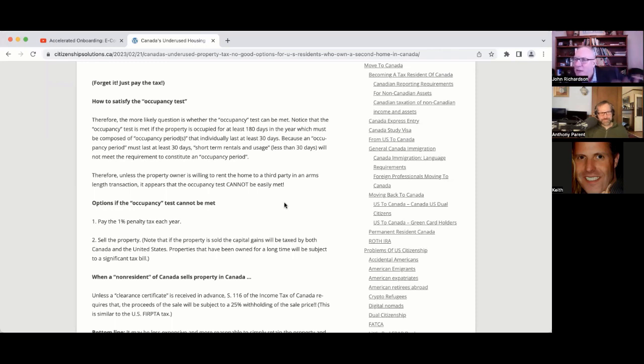And when you look at the other ways to satisfy occupancy, interestingly, what you will see is that it has to be occupied by somebody else. So this is a tax that is imposed if you do not turn your property over to somebody else to live in. I mean, it's incredible. Anthony, it's all a form of citizenship taxation. Years ago, I was going to start something called the Third Amendment Law Center. The Third Amendment is the quartering of soldiers.